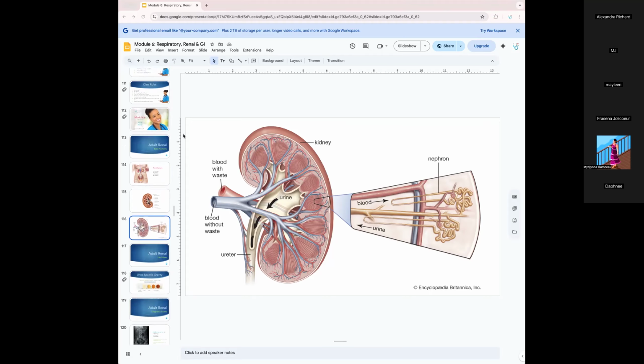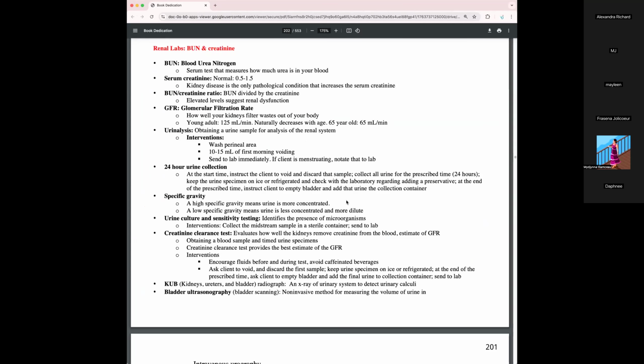All right, let's go back to the lab levels we were talking about. Urine culture and sensitivity testing. So this is very important. So usually, and let me put 2 stars so you can see. So usually when we have urinalysis, we're going to have